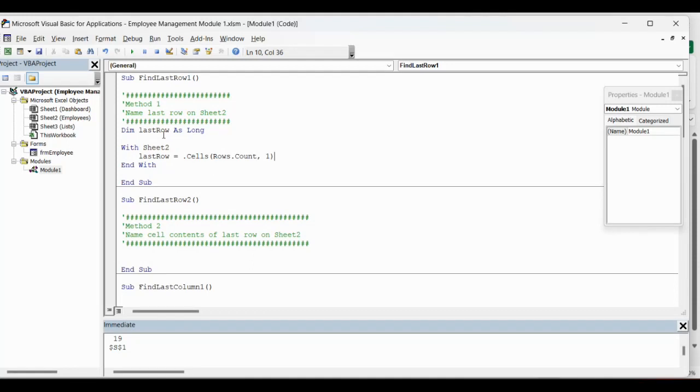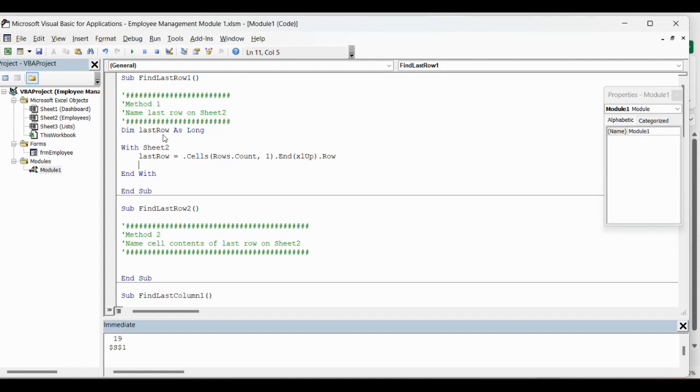You can use another column as well, as long as it's got data all the way to your last row. Then I'm going to type in end, XL up. Basically, it's going to count from the bottom up till it gets to the beginning. And then I'm going to put dot row, because when I put dot row, that will give me the row number. So now we want to test it, because it's as simple as that.